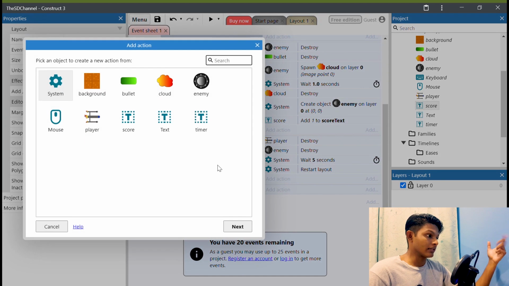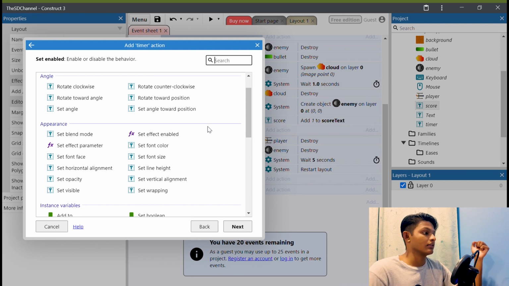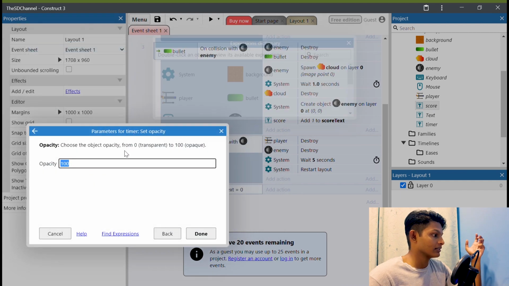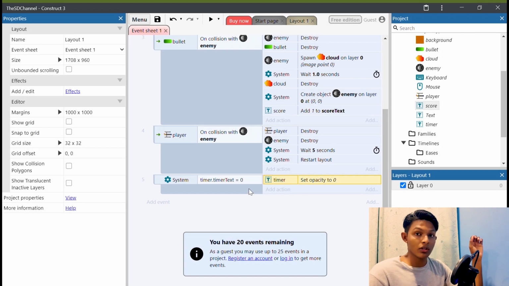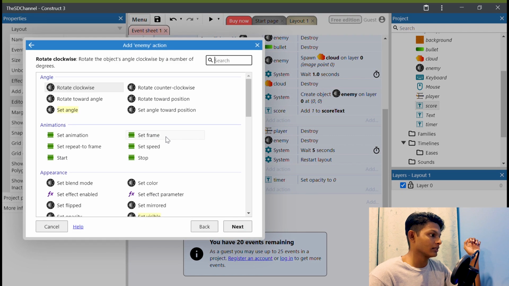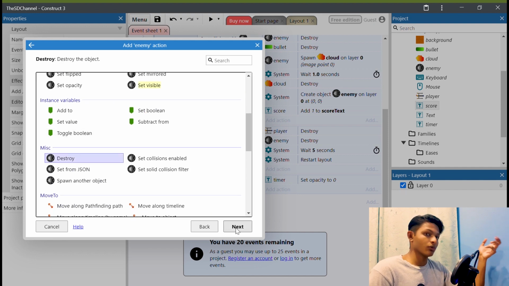First thing is that your timer is actually set to invisible. To do that, just click on set opacity and set to 0 and your timer is disappeared. So that only your score will be placed on the screen. Then add action for the enemy to destroy, so you don't want to have any enemy disturbing you once the